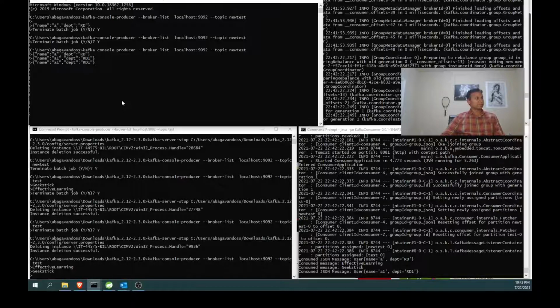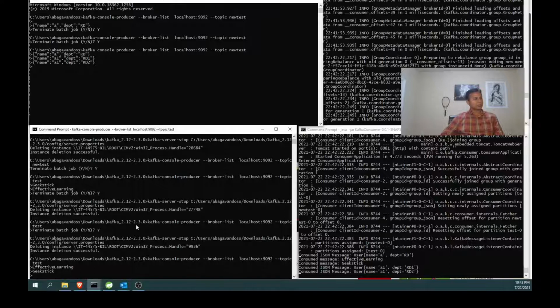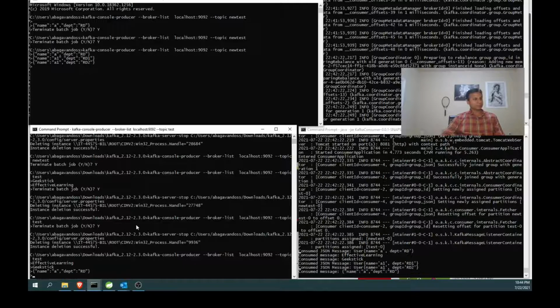Let me pass one more message. R&D2. Here, whatever message I pass, I think it will come. Yes, consumed message. Though I am sending a JSON format, it will be treated as a regular message. But when it comes to JSON, it will be looking for a specific format.